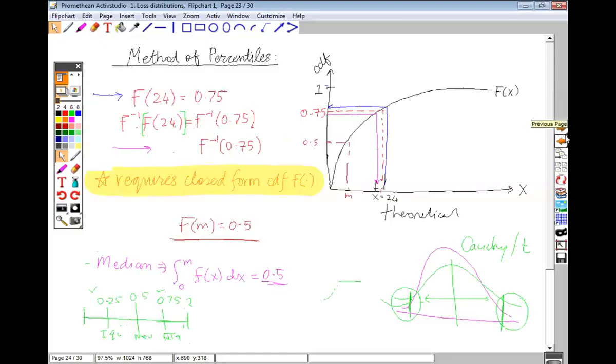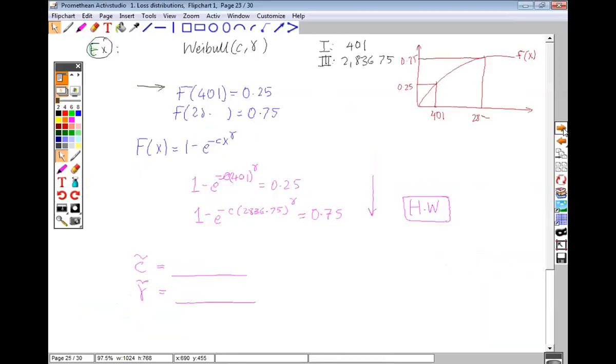And then we went on to study the method of percentiles, where we looked at how to use a similar technique to the method of moments if the distribution we're looking at does not have moments, or the moments may not define all there is to the distribution. So that was what we did. And then we had a look at quartiles and the median as well. And then we did an example about Weibull.